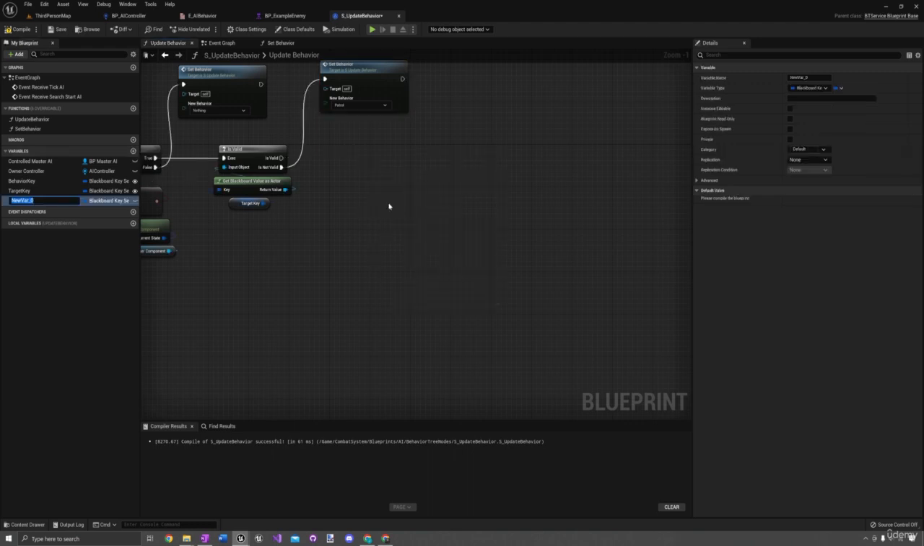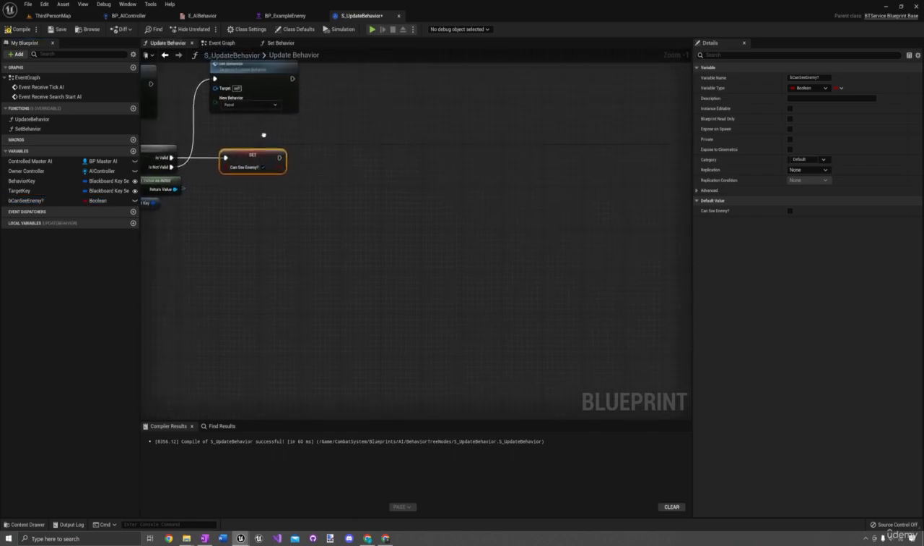Let's go ahead and create a new variable. This will be of type Boolean, and this one will be bCanSeePlayer. Or we could say can see enemy, and that will be the enemy to this AI. Okay, and now we need to know if the AI should attack the player or if the AI should